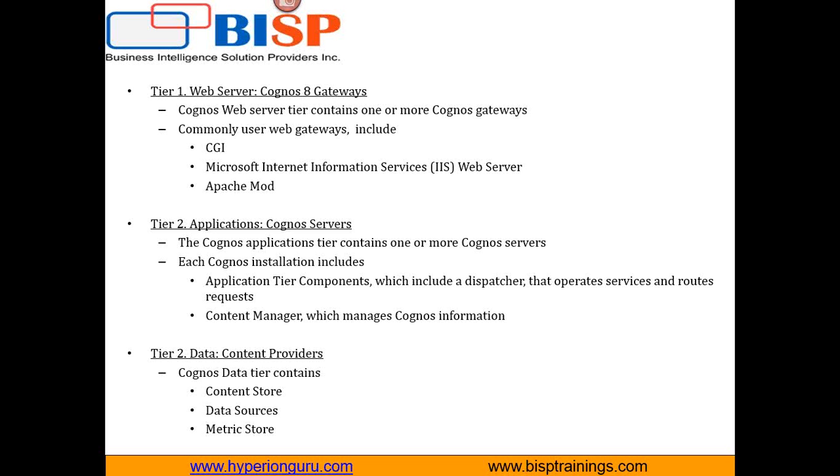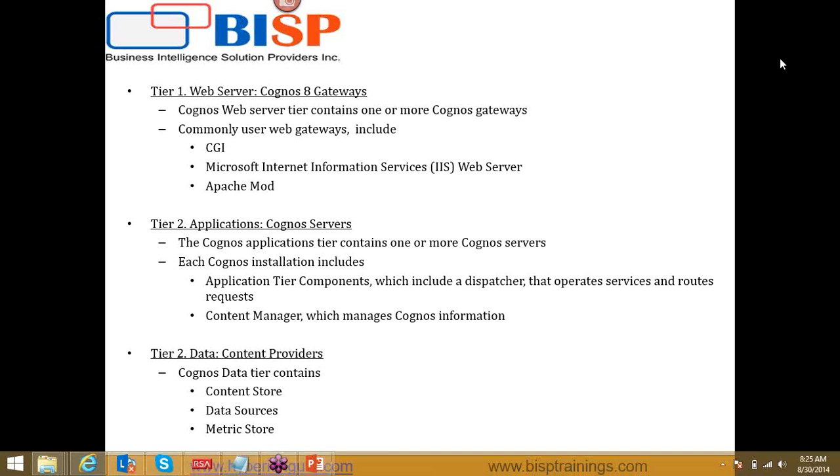Each Cognos installation at tier 2 contains application tier components, which include the dispatcher, operator services, and request routing. All these components are installed at the application tier level, where all the dispatcher services, operator services, and request routing happen. Then comes the content manager,